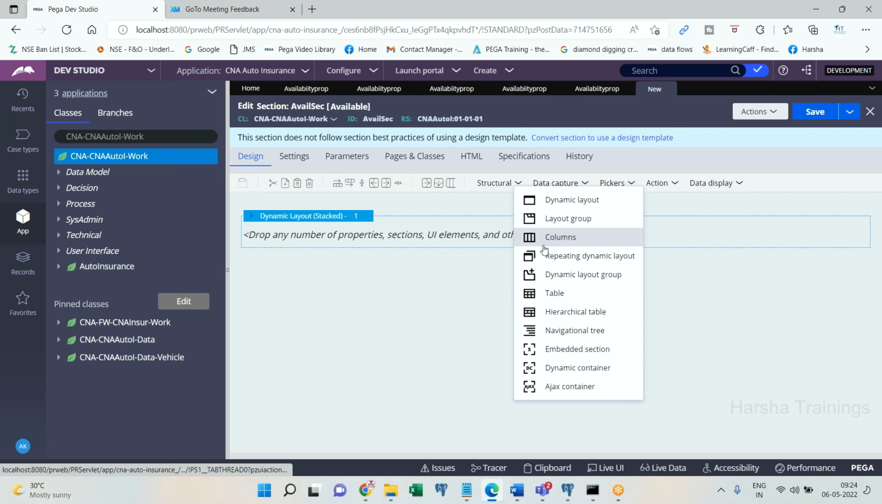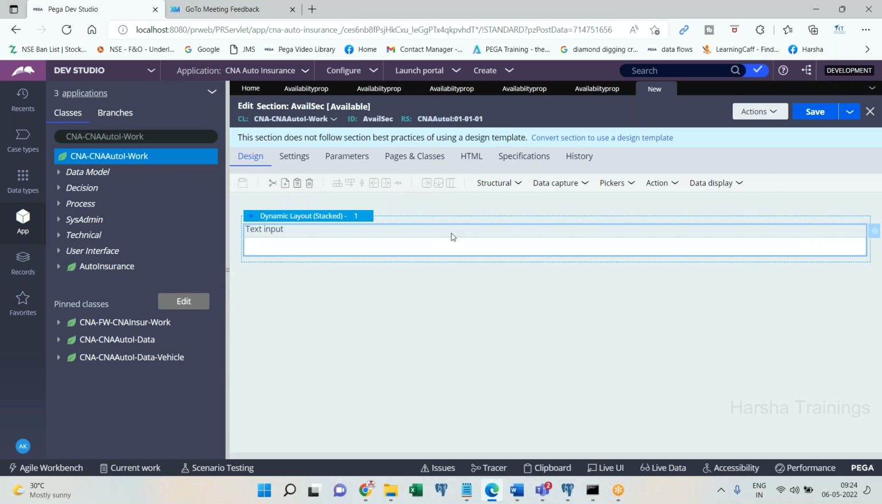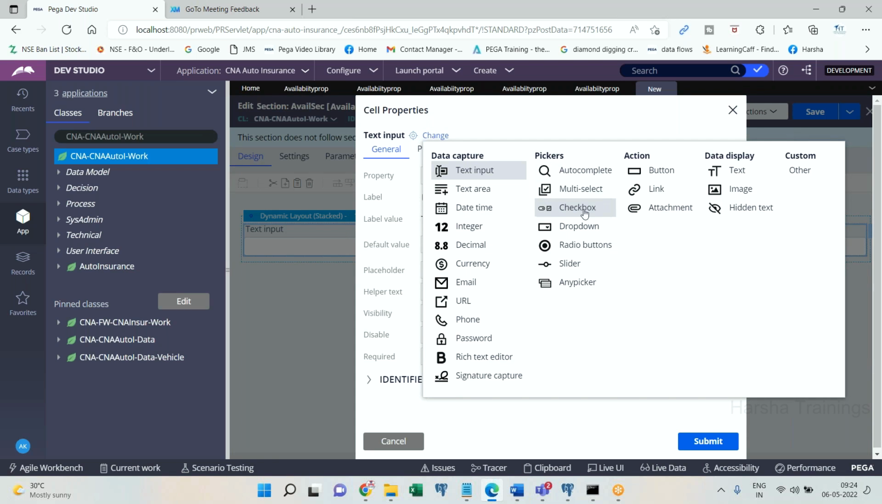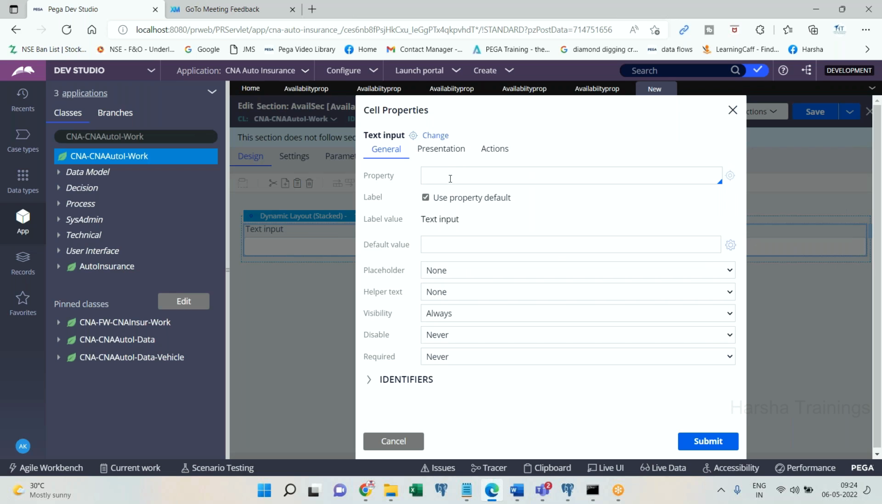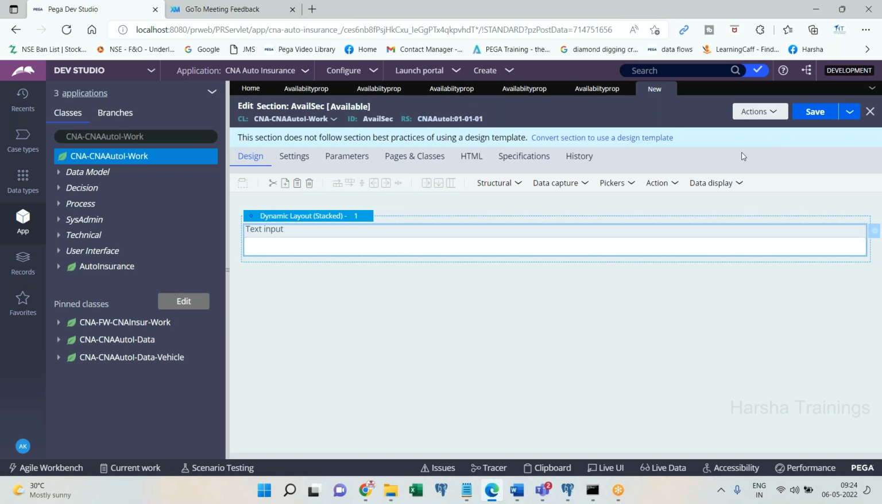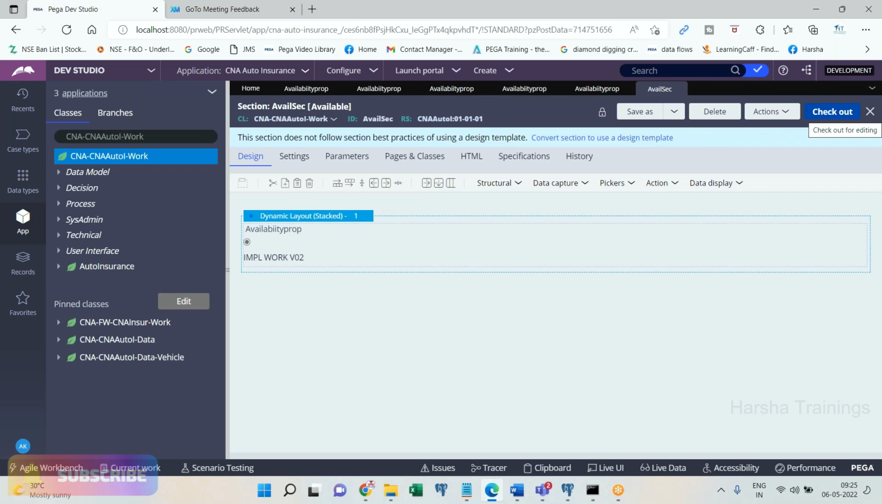And here you go, text input. I'm sorry, it's not text input. I want it to be radio button, right? Okay, I'll change it. I want it to be radio button. What is the property? This is the property. Let us execute this section and see which one is going to get picked out of